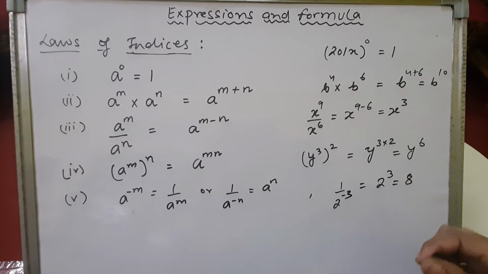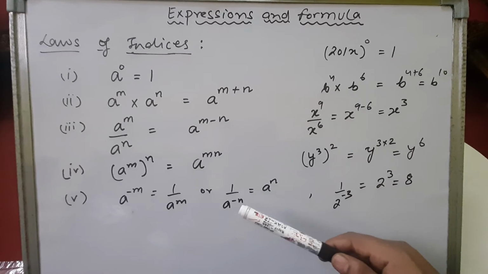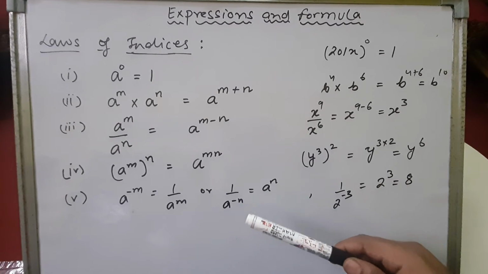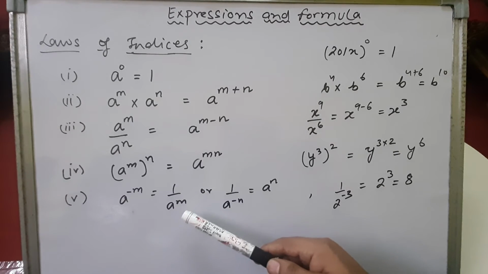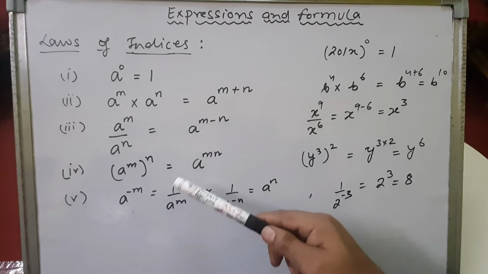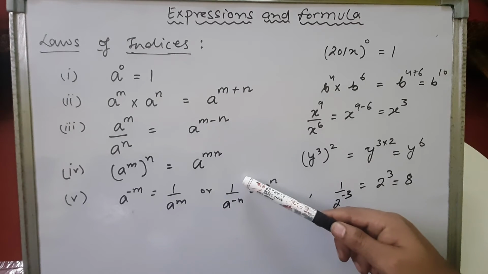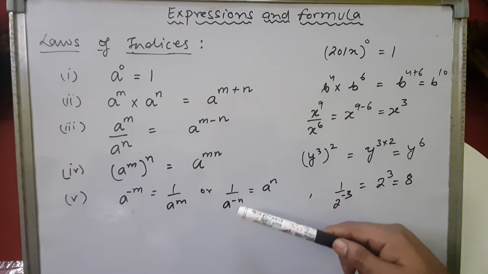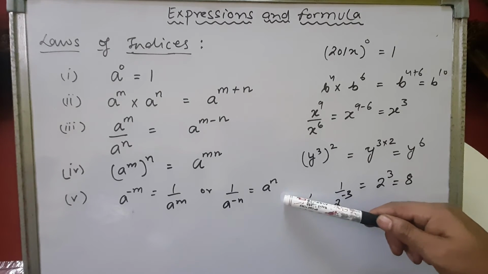Alright. Now next is a to the power minus m. Remember children, whenever a term transfers from numerator to denominator, or denominator to numerator, the power sign will change. So suppose it is written a to the power minus m. So if we write 1 upon a, when we transfer this term to the denominator, the power sign will change and it will become a to the power m. Or suppose it is written 1 upon a to the power minus n. So in the denominator the power is minus. So when we transfer this term to the numerator, the power will become positive. Alright, the result will be a to the power n.